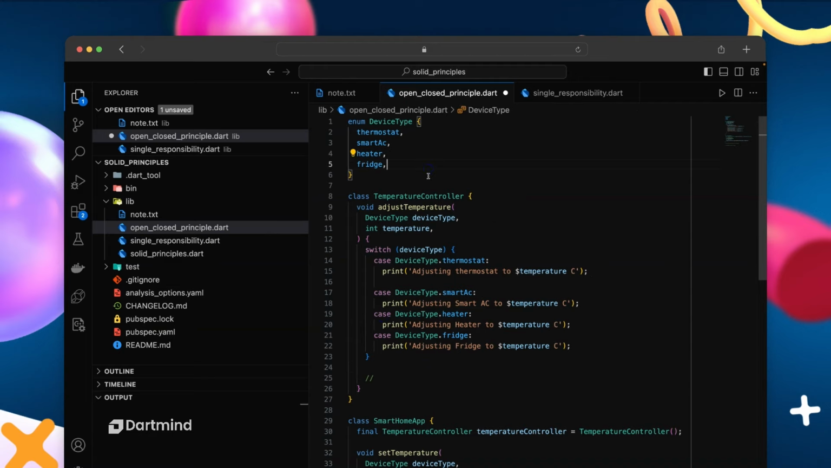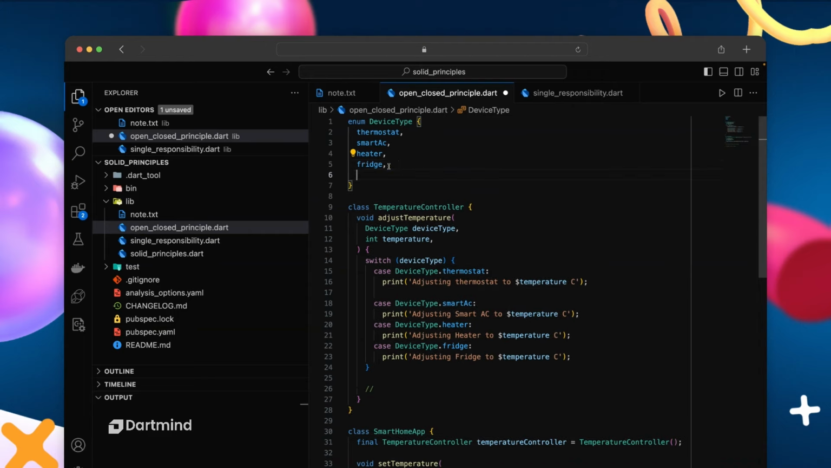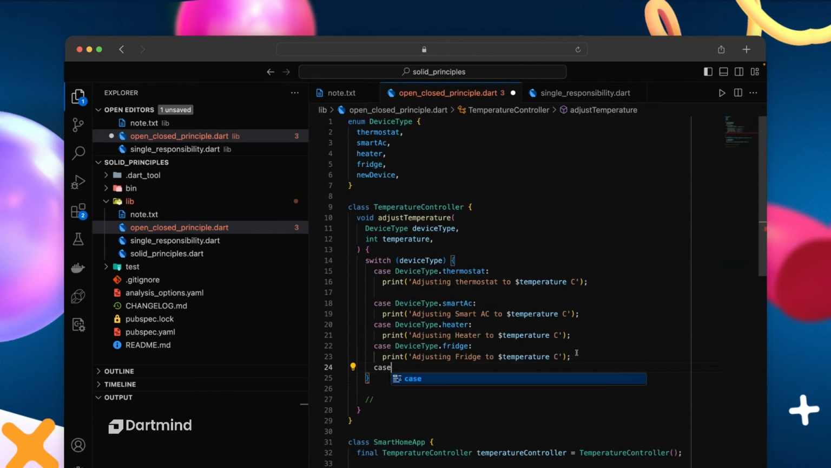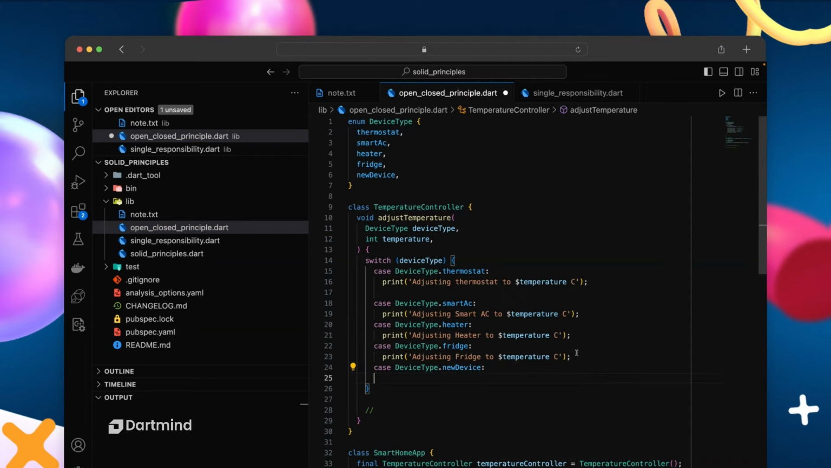In order for us to add it, we just come here and add the new device. Then we come to our temperature controller and adjust this by having a case, device type dot new device. Like I mentioned, I'm just blank on the example, so just roll with whatever I have. So the problem here now is